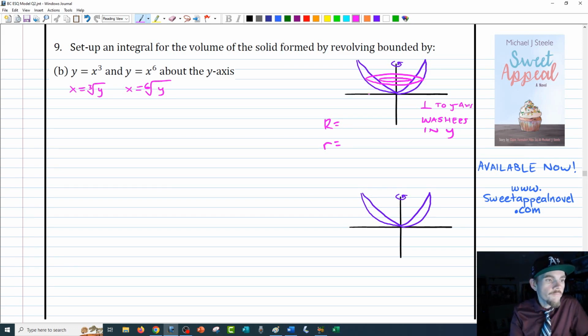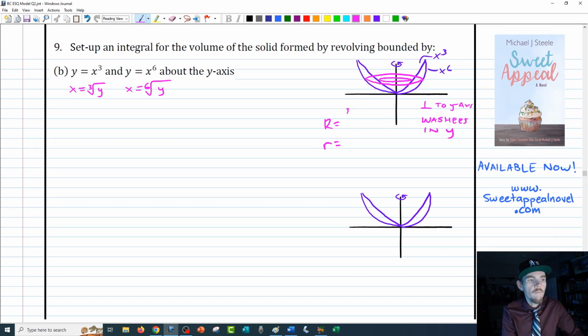Thank you very much. As far as which one's which here, I didn't make a big deal out of it. But the bigger power of x is always on the bottom. So this will be x to the 5th, and the top one will be the... Why did I put x to the 5th? I meant x to the 6th. Sorry. This will be x to the 6th. This top one will be x to the 3rd. And that's helpful because when we go to do right minus left for the radii, when we do right minus left,